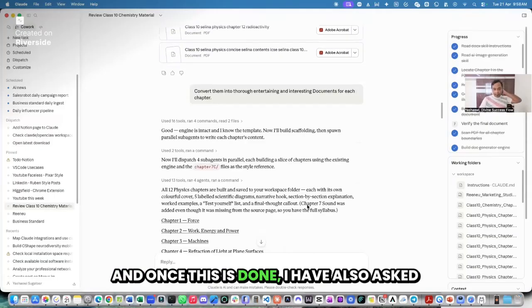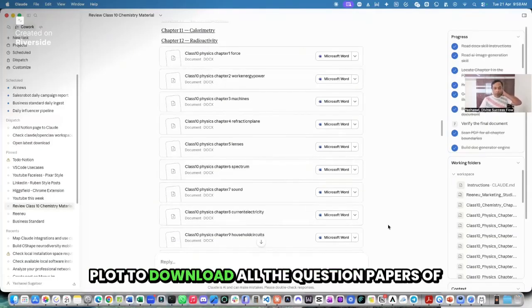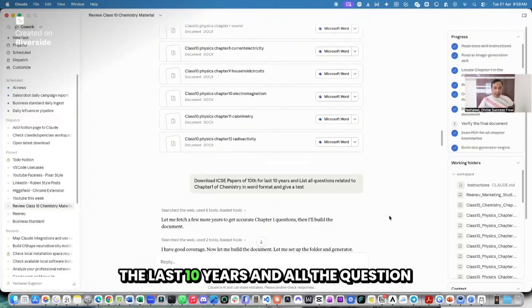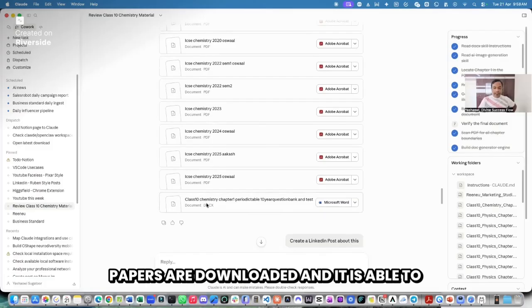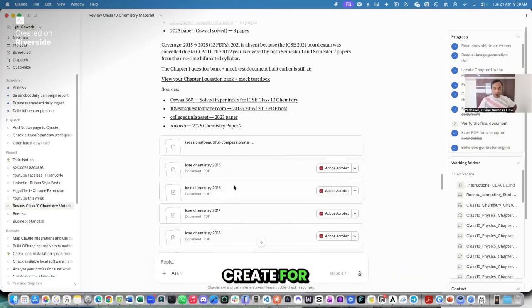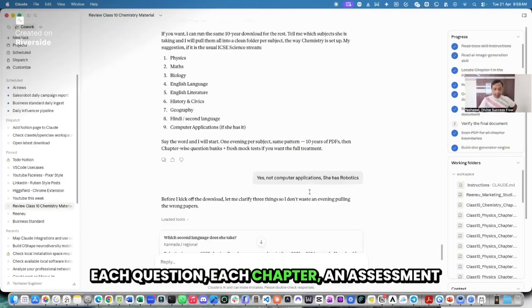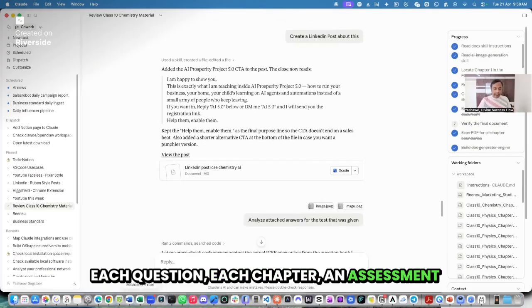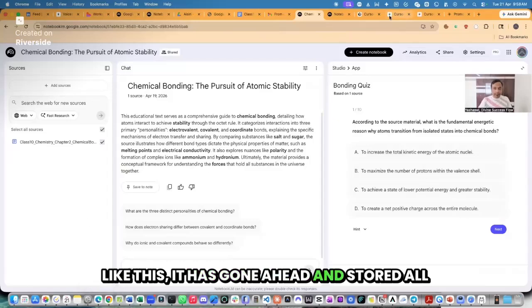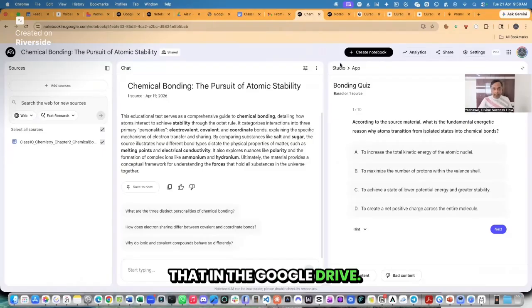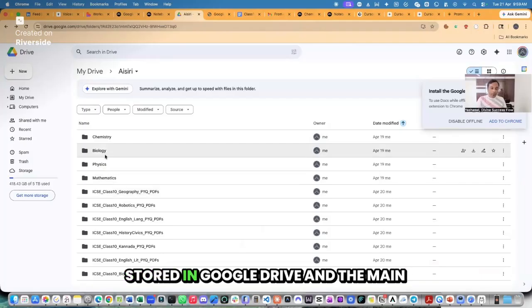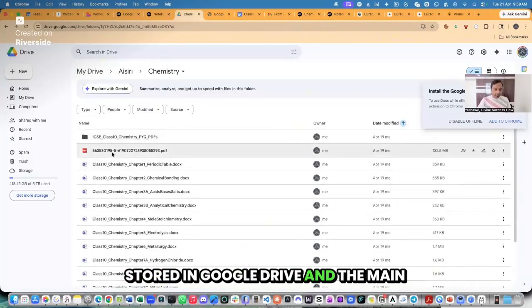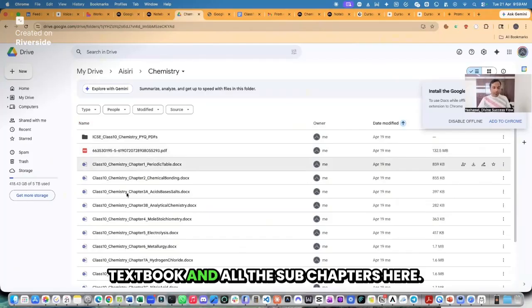And once this is done, I have also asked Claude to download all the question papers of the last 10 years, and all the question papers are downloaded, and it is able to create an assessment for each chapter like this. It has gone ahead and stored all that in the Google Drive. Let me show you, all the subjects are stored in Google Drive, and the main textbook and all the sub